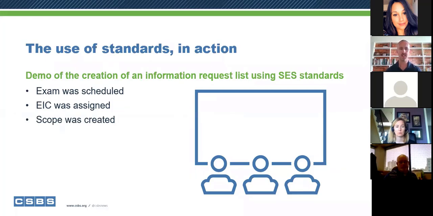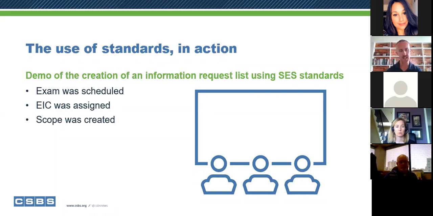So I'm going to jump into our training environment of SES, because I wanted to show you, one, that this is a living, breathing system, and that we really do have a working system out in production and in the field today. And I think our best way to show that is for me to log into the training environment and show you how a real regulator would go through this process.